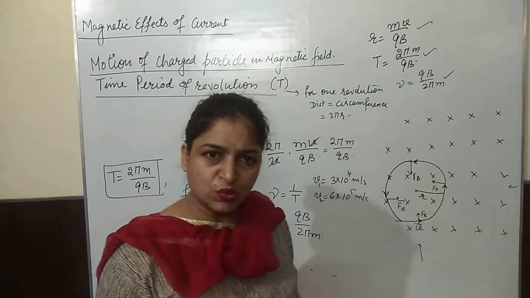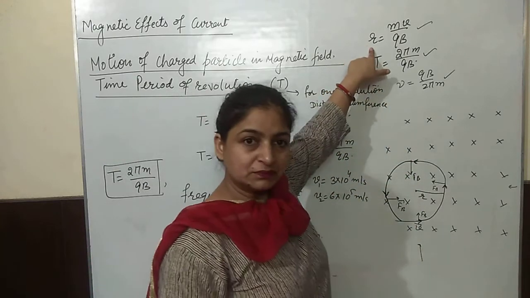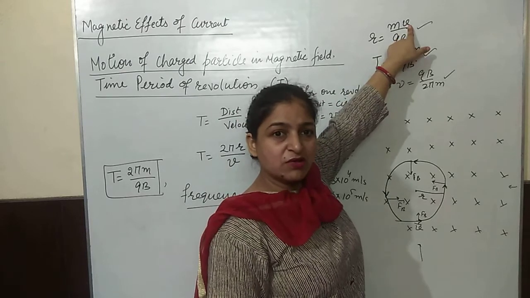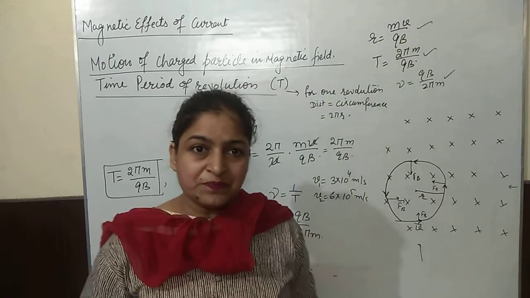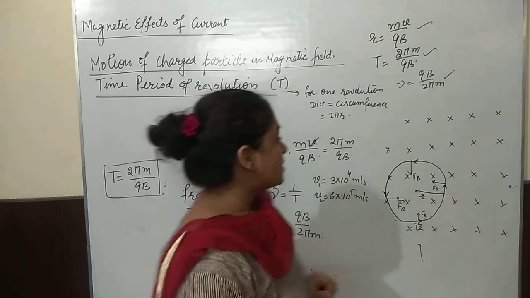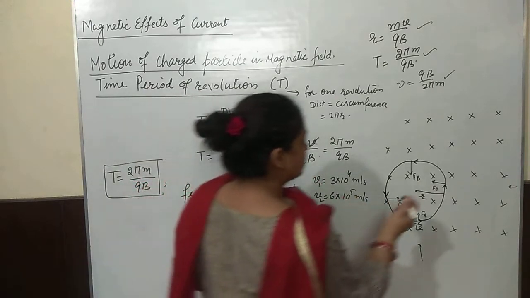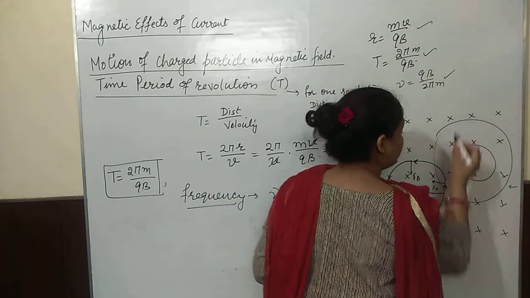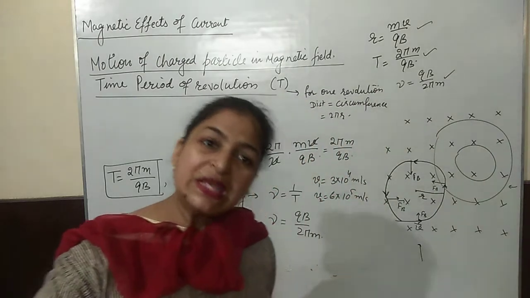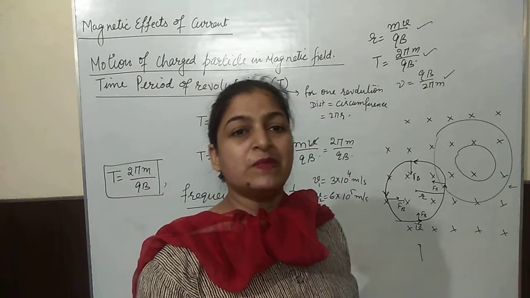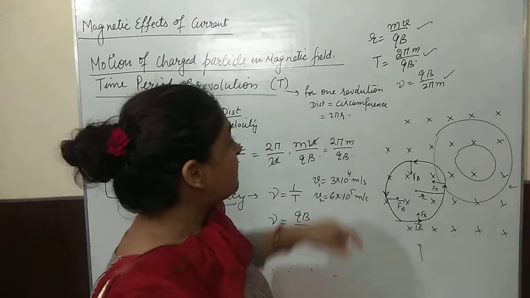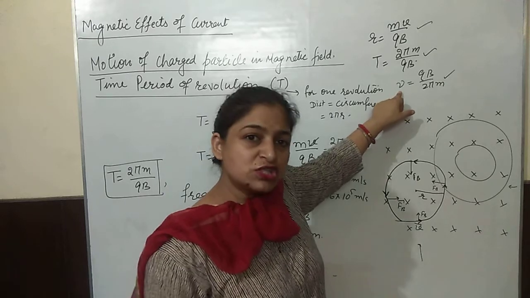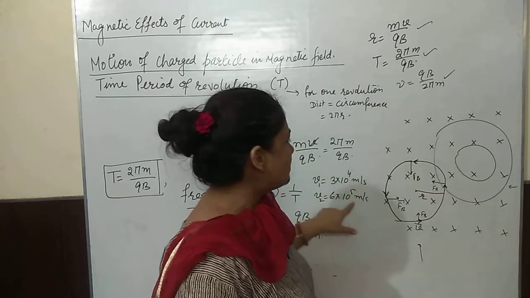So what is velocity going to affect? Radius. The radius would be affected by the velocity of the charged particle. You can see here, the more the velocity, the more the radius of the circular track covered by the charged particle. So one proton would cover a smaller circle and one proton a larger circle, but both of them are going to complete one circle in the same time. Their frequency is also the same. If I ask how many revolutions they have in 1 minute, both of them will have the same number of revolutions.